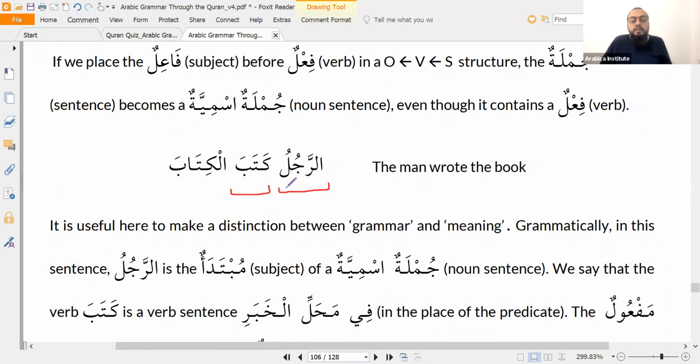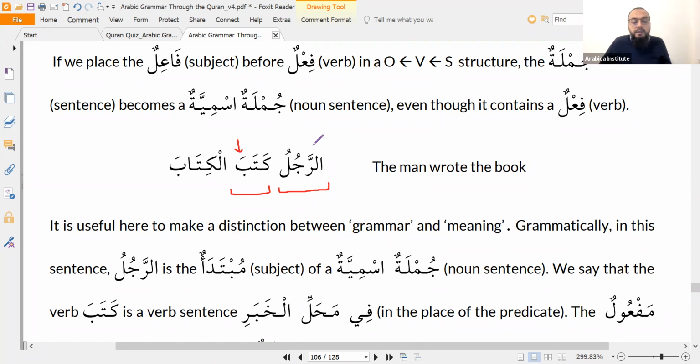So the grammarians have a lovely way to parse these sentences, which some Arabic students find the bane of their lives. I've seen students really struggle parsing Arabic sentences. But as we get into advanced grammar later, not now, not in level 7, 8, and 9, I'm going to show you what it looks like when you parse a sentence. So they'll say something like, كتب فعل ماض مبني على الفتح. So this is فعل ماض, a perfect verb. It's fixed on the fatha, كتب.